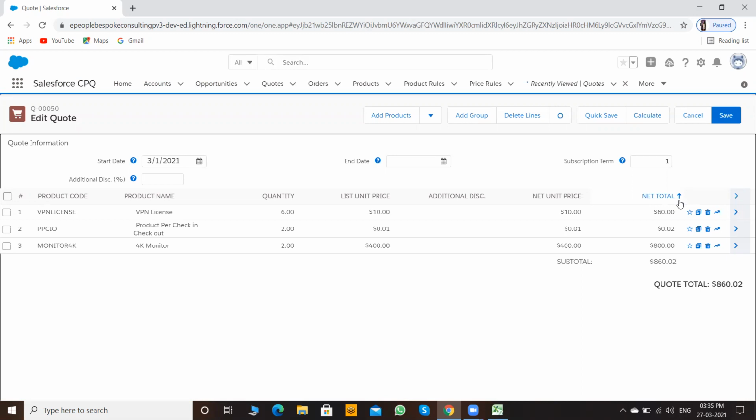Almost all companies use an ERP system, and the data from that ERP system is taken into Excel in a CSV format. So it will be difficult for the sales rep to add line items one by one to the quote line editor. So this functionality will help Salesforce users save their time.